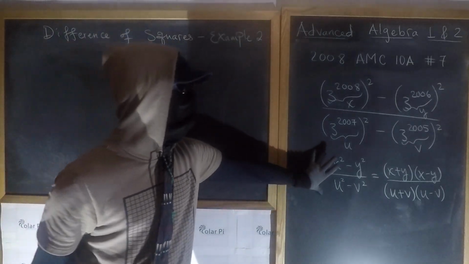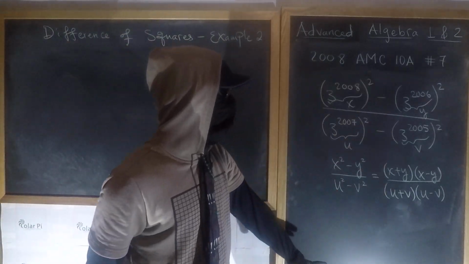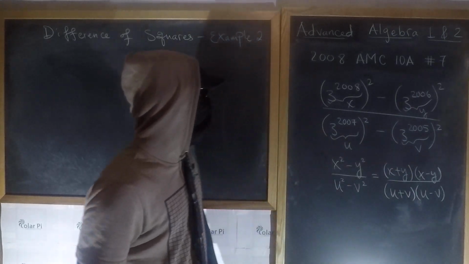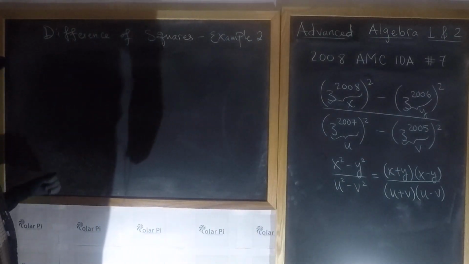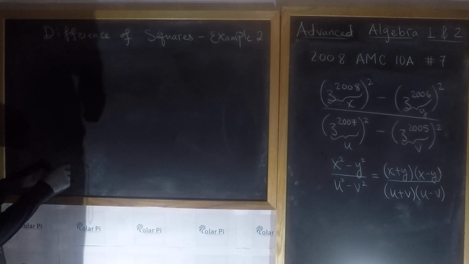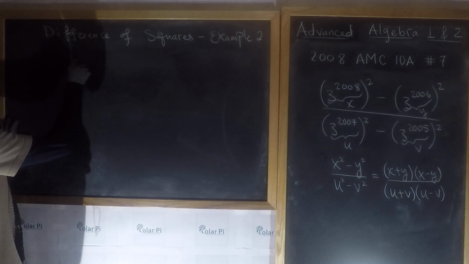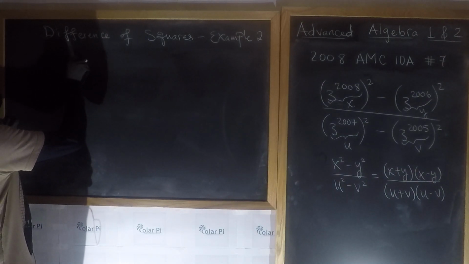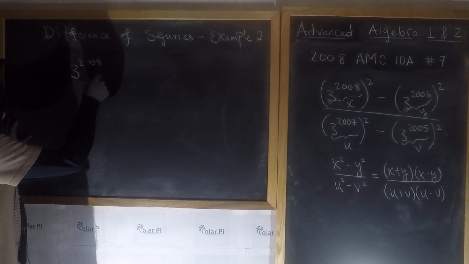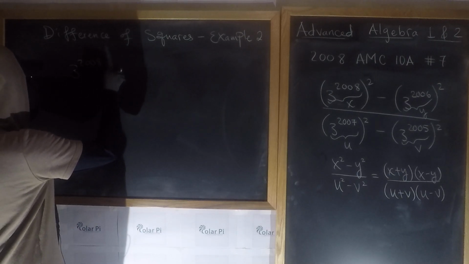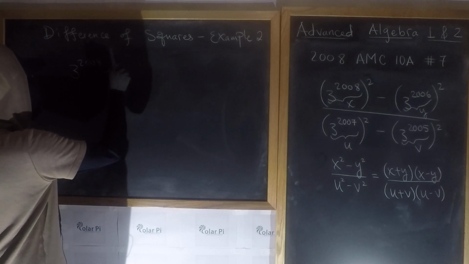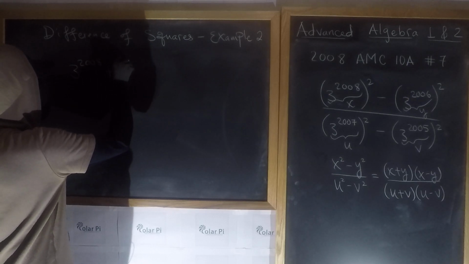Now, the left-hand side is what we have, so let's use the right-hand side. The numerator is x plus y times x minus y. So that's 3 to the 2008 plus 3 to the 2006,